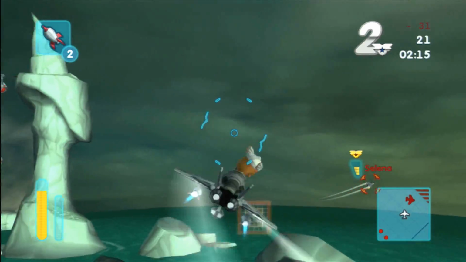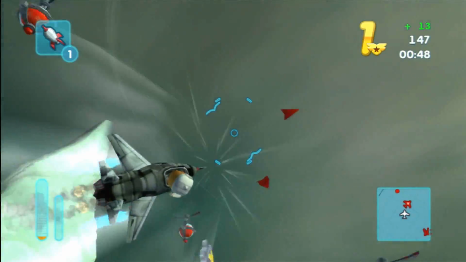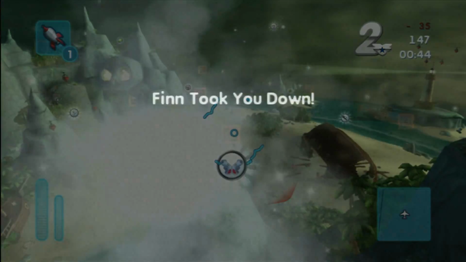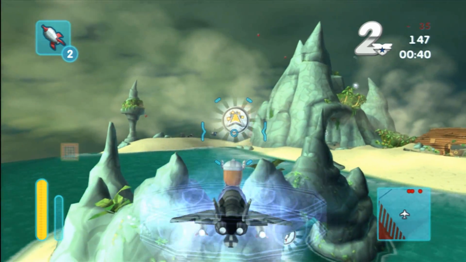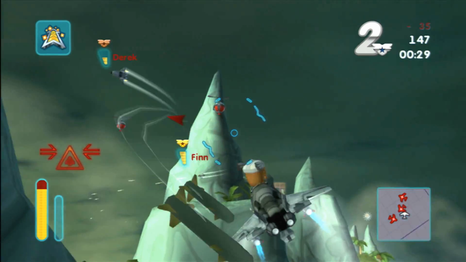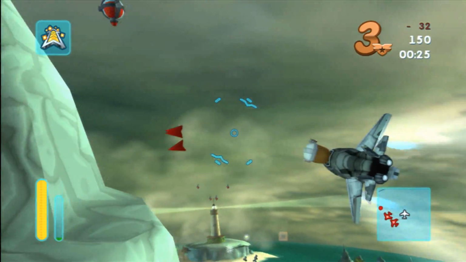MySims SkyHeroes is an arcade-like game of airborne combat. It's like Star Fox without the anthropomorphic forest creatures. It even has barrel rolls. You fly your plane freely around open 3D environments and shoot down any enemies that appear on your radar. You can shoot standard machine gun fire and lock-on missiles, and there are plenty of power-ups scattered around the maps